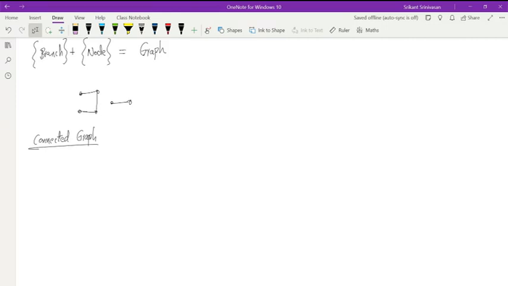So we have branches and nodes. We know that any element that I have, either active element or passive element, I convert to a branch. The intersection between two branches is a node. And then I can have a connected graph. Fully connected graph means every node is connected to every other node. I can have what is known as a subgraph. That means if I have something like this,